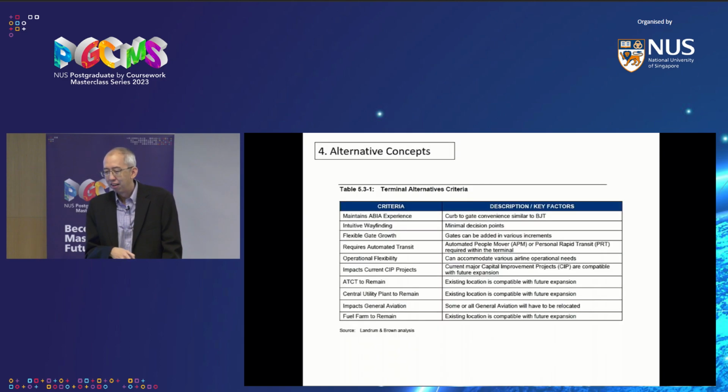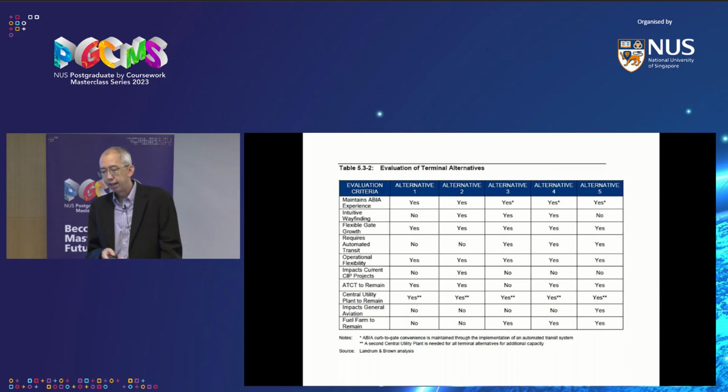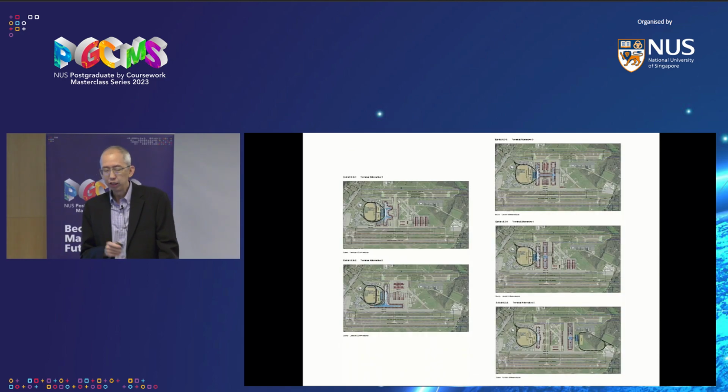And then alternative concepts, you need to evaluate all the different concepts, so you need to come up with criteria. So these were the criteria that Austin decided to use, and then they went ahead to evaluate it. So these were the different terminal alternatives they had. You notice that every terminal has a slightly different shape. On the left side, you can see this one looks like it's got antennas. The bottom one, the build-out is at the bottom of the screen. And then on the right-hand side, you can see they do a pier. And then on the bottom right, you can see they build a totally separate terminal. So there are different concepts that you come up with.